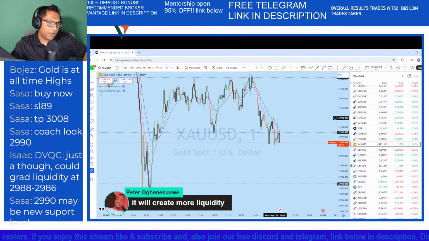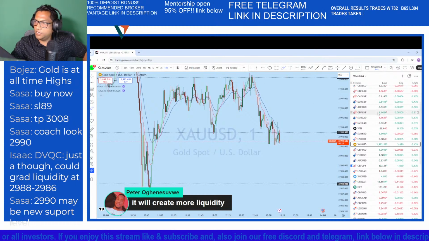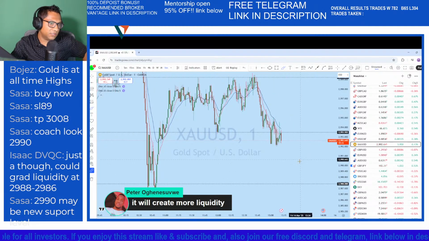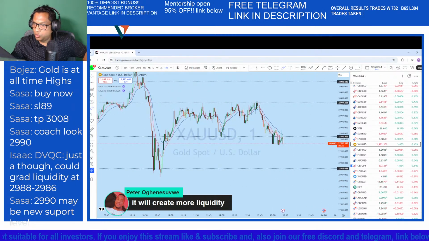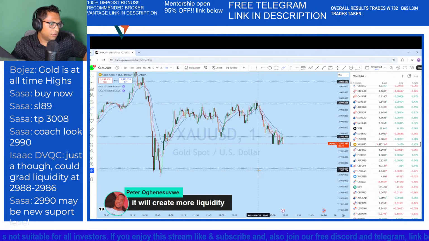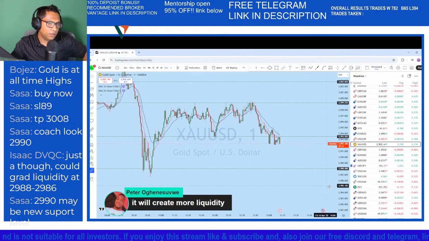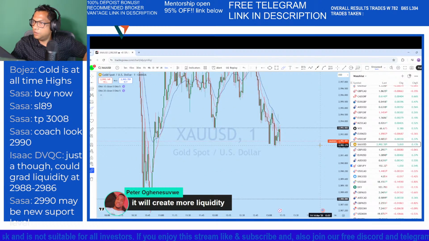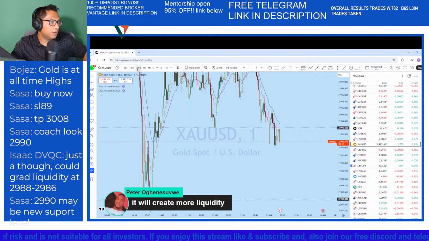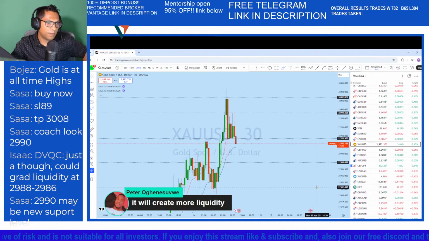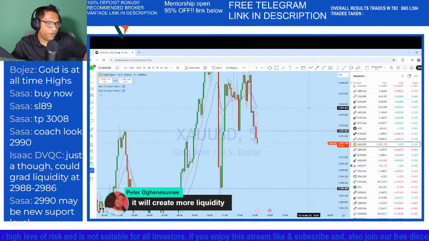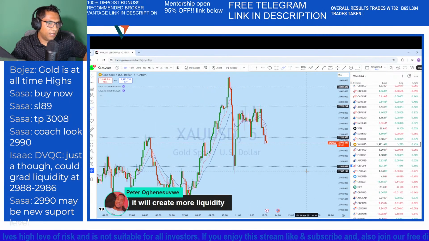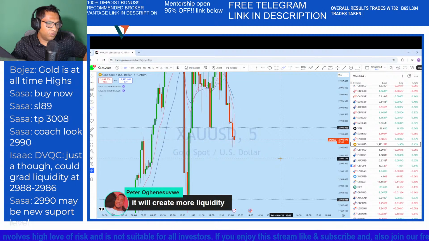What we can see after multiple liquidity gaps, it's trying to break below, and in that case we might see that if it breaks from that resistance line, it might come back to the 2988 level to test this support. So here on the 5 minutes, we can see a strong liquidity candle formation.